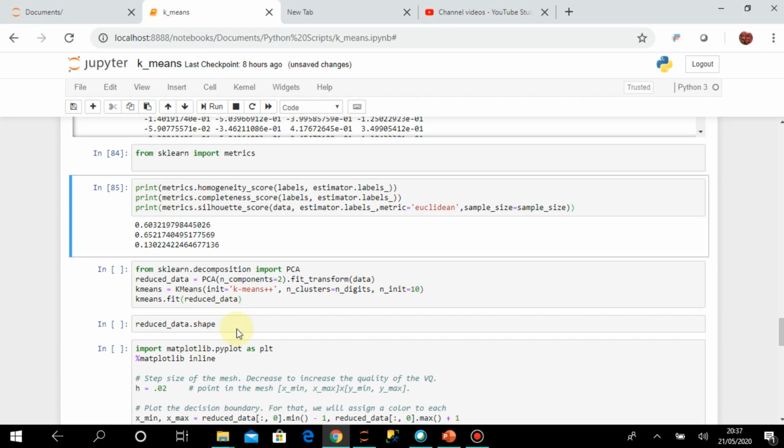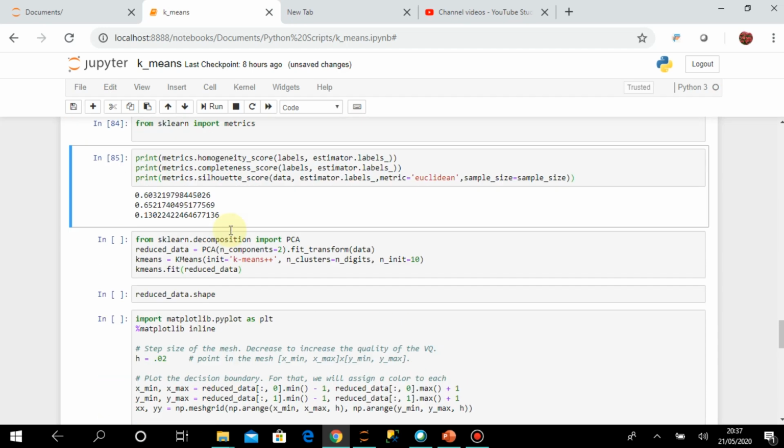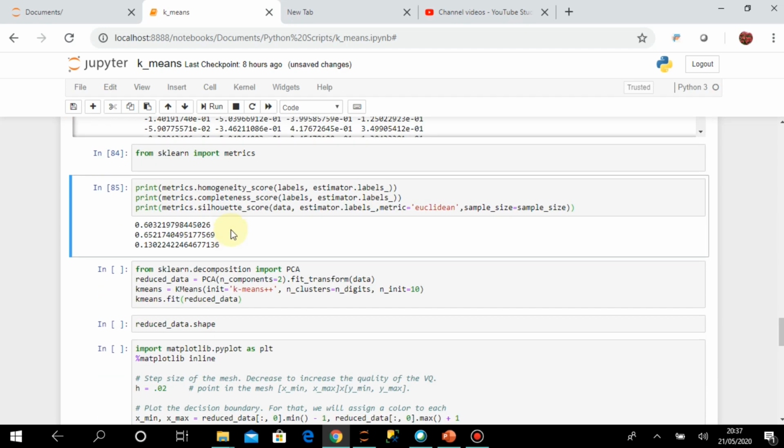In the next step, I want a graphical representation of how the data was actually classified. As there are so many features, it will be so many dimensions, and it is difficult to plot. So my plan is to take only 2 features, which will make it easy to plot. For taking 2 features, PCA is a dimensionality reduction technique that we have already learned, so we'll use PCA and take 2 principal components.